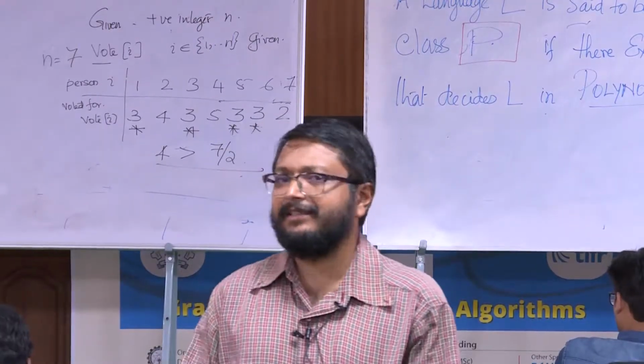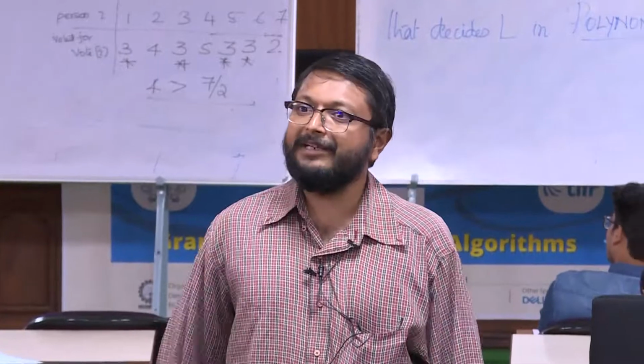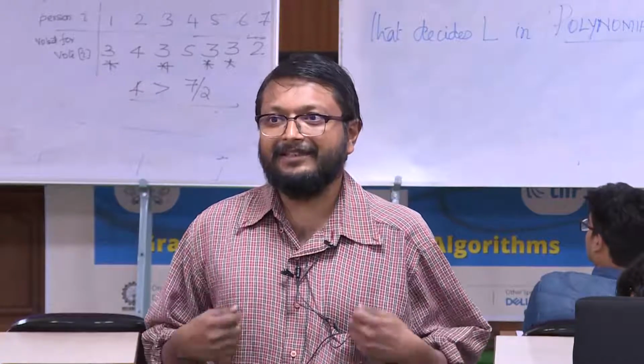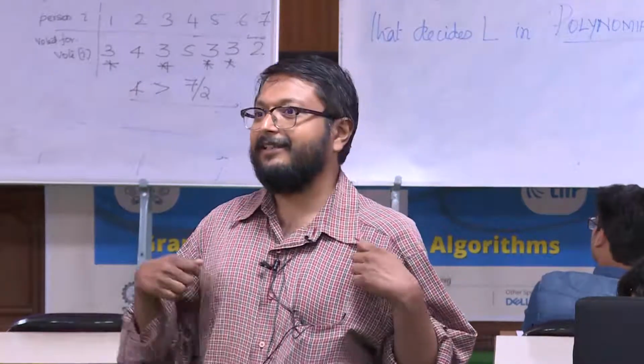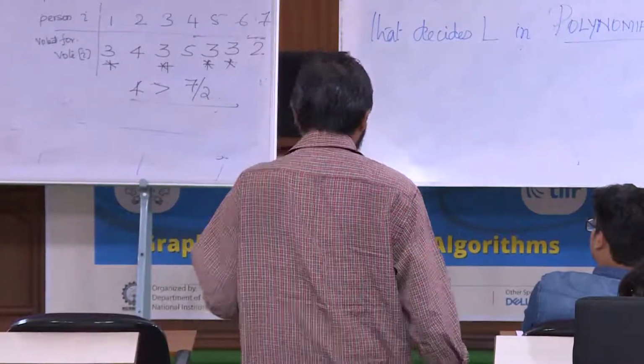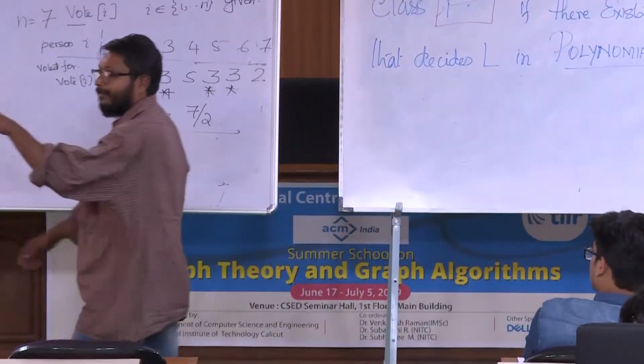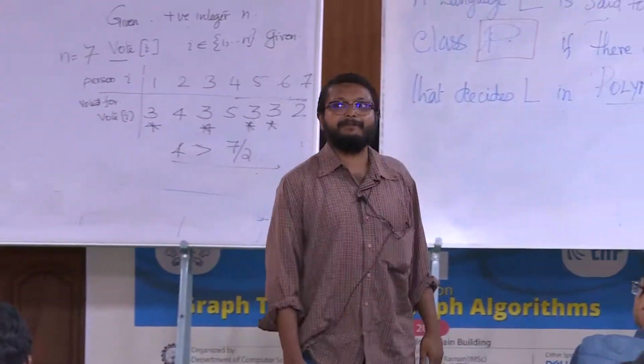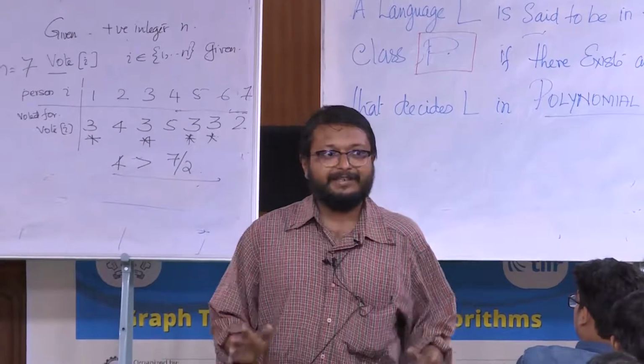See, there is nothing computer science here. Even if you are from some other background, you can think of it as people voting. As a chairperson, I am trying to gather the votes. I go and ask the first person, whom are you voting for? She says somebody. I ask the next person, whom are you voting for? She votes for somebody. If these are different, I will cancel; otherwise I will increment the vote to 2. So this way, if at any point of time somebody gets more than n by 2, immediately I know. Okay, I have been given enough clue now.